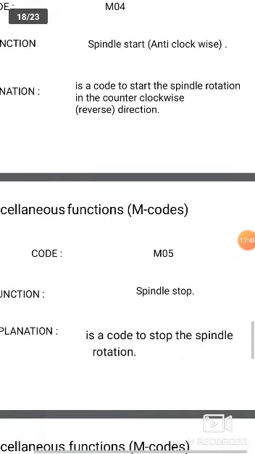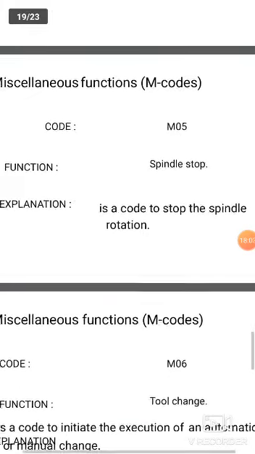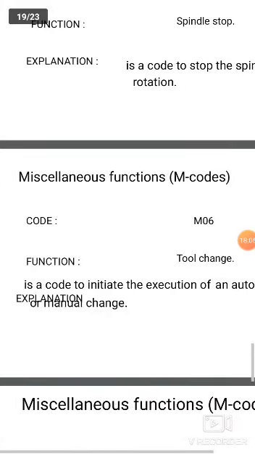Next, M05 means spindle stop. M05 indicates the spindle should stop. It is the code to stop the spindle rotation. Next, M06 indicates tool change.